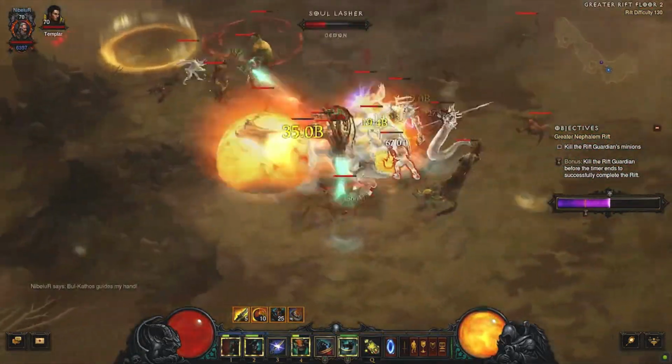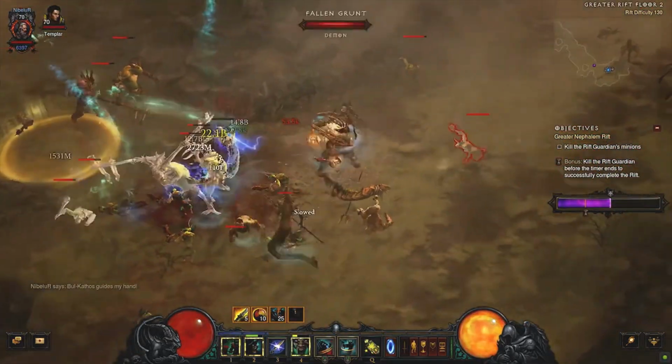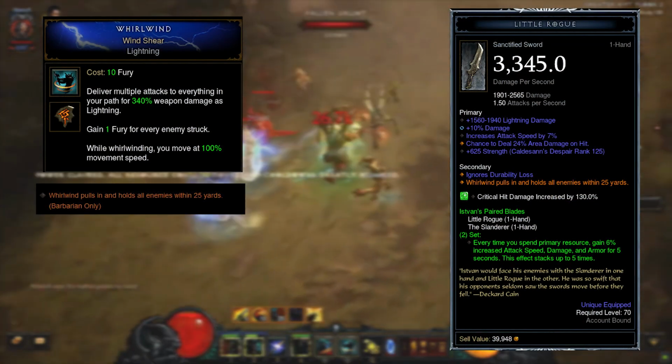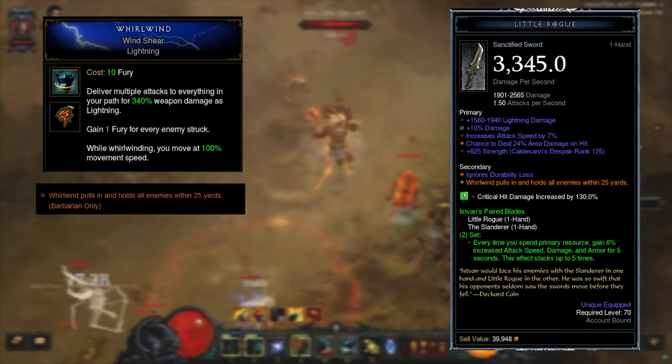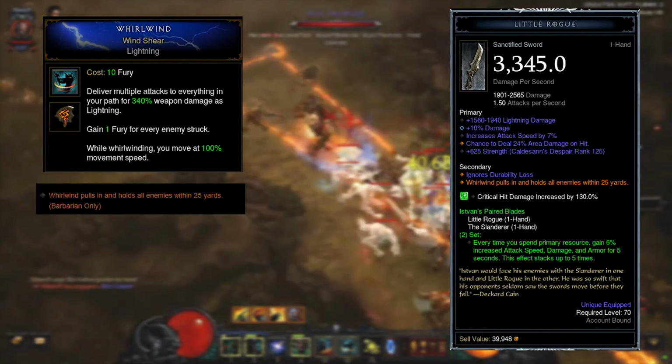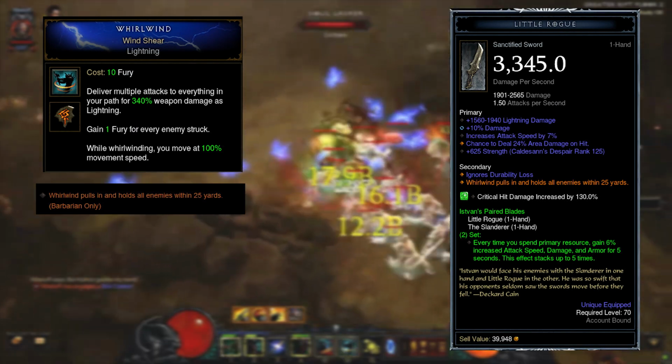Barbs have a lot of options whether you want to do 4-man meta or solo GRs. Sanctified Whirlwind will periodically pull enemies in at your position within 25 yards. This power is perfect in Greater Rifts for crowd control, especially meta play when you play Z-Barb to create pixel